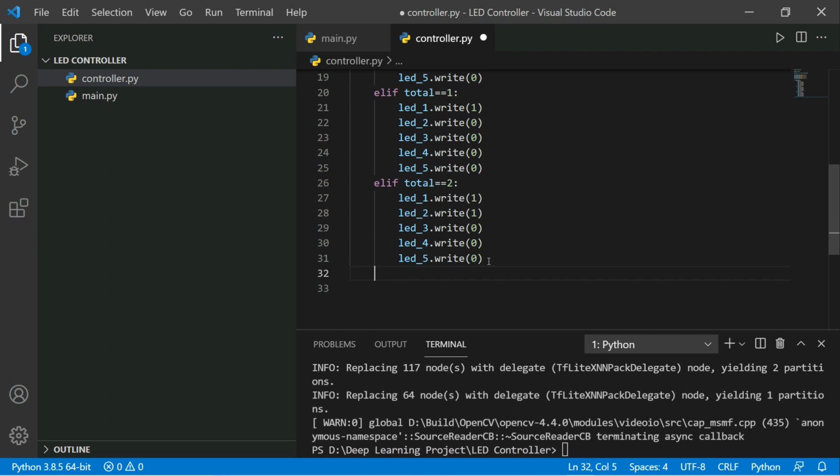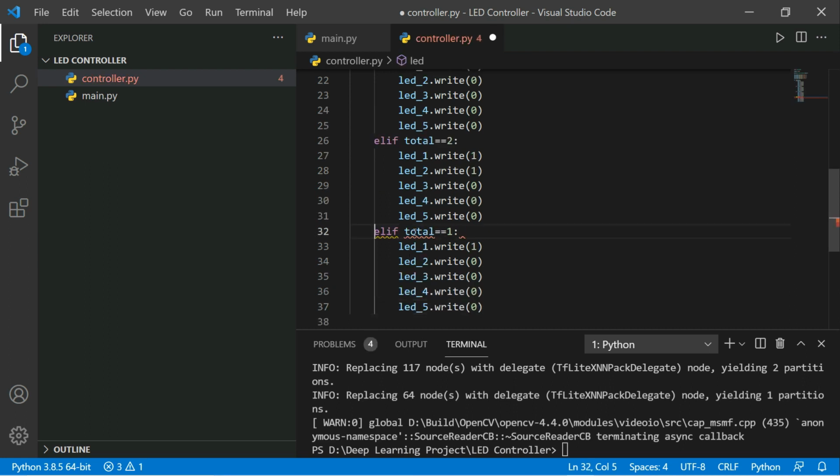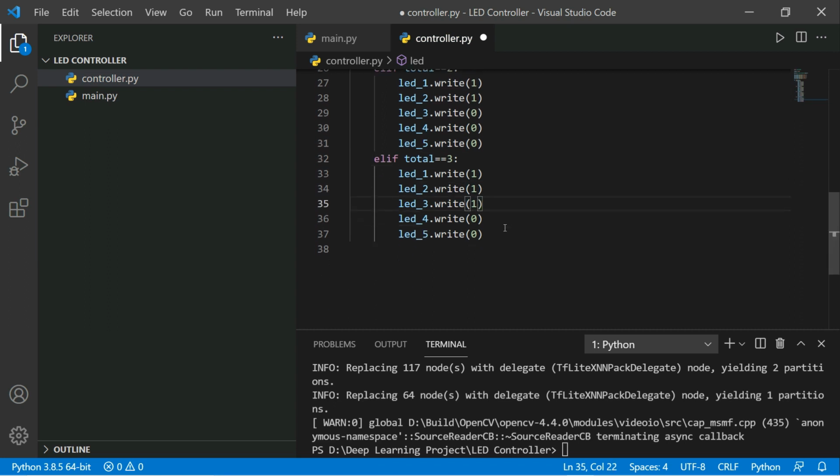Again do the changes here. High and it will be 3. That means the total number is high and it will be 3. That means 3 LED is on. Again on. Okay, and high end